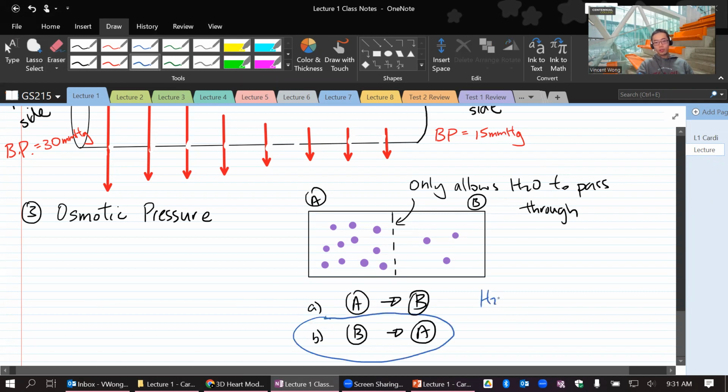So that is the correct answer. Water moves towards the area of higher concentration through